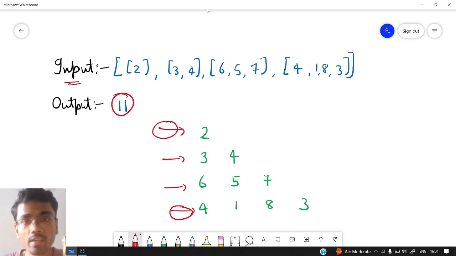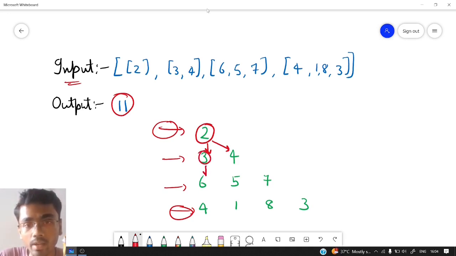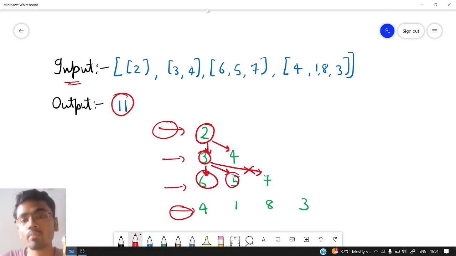So can we move in any direction? No. If we are standing at, say, here, then in the question they have given that either we can remain on the same index of the next row, that is this, or we can move to one index incremented on the next row, that is 4. So let's say if we are standing at 3, then we can either go to 6 or we can go to 5. We can't go to 7 because we have been restricted to these two moves only. So these are the two moves that we can perform. So we need to find the minimum sum.